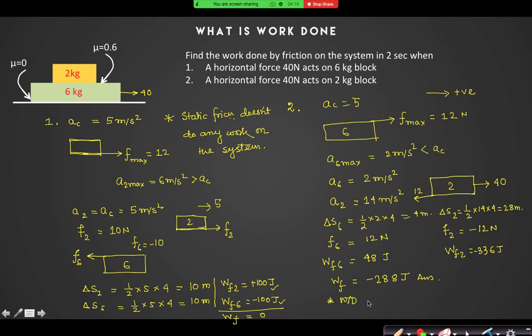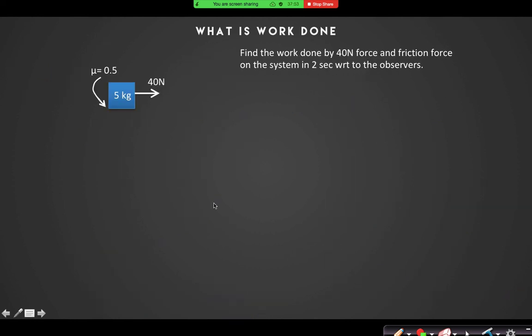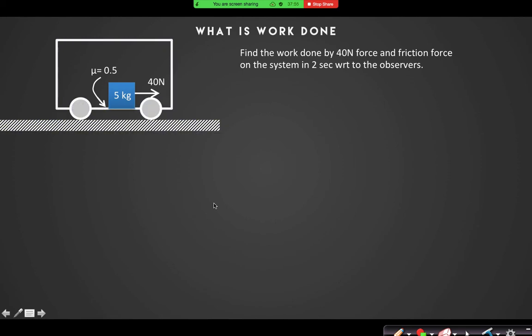Work done by kinetic friction. I'm talking about kinetic friction, it is negative in this system if the motion is in the negative direction. Now look, work done is also dependent on the reference frame,